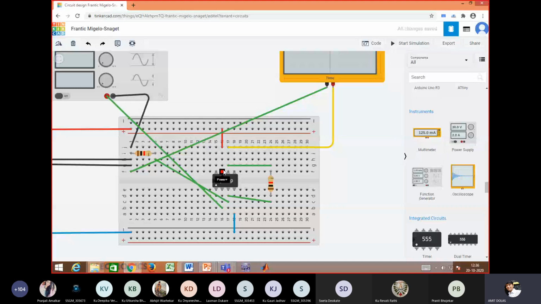Pin number 7 is connected to the positive 9 volt. Pin number 4 is connected to the negative 9 volt. So everything is fine. This is negative terminal, this is positive, this is negative, which is combined together, and this is positive. I hope output must be there.